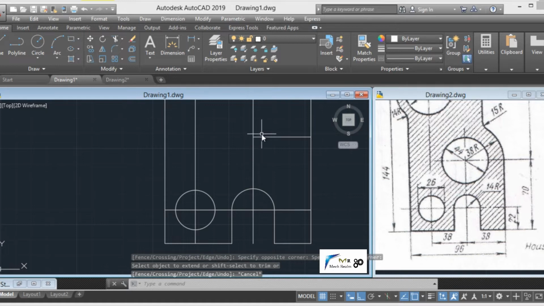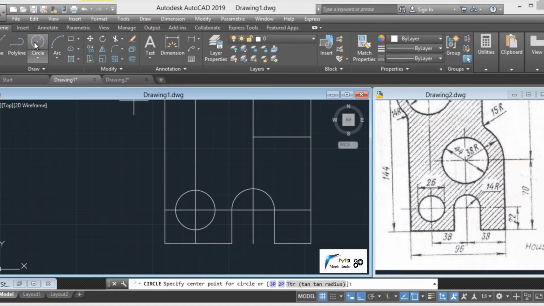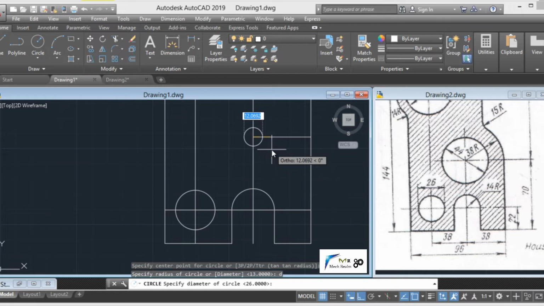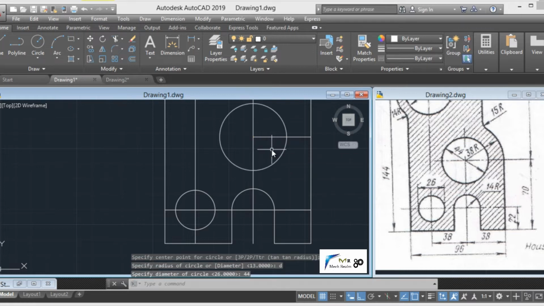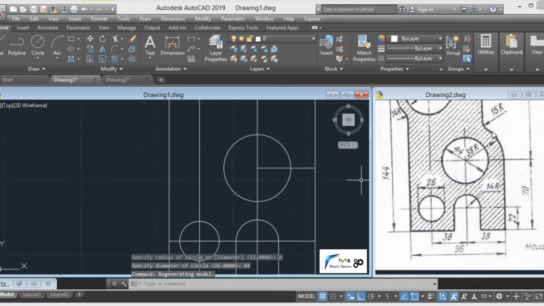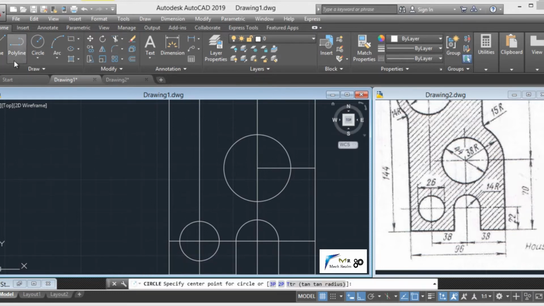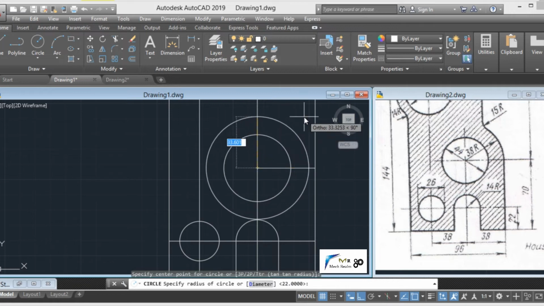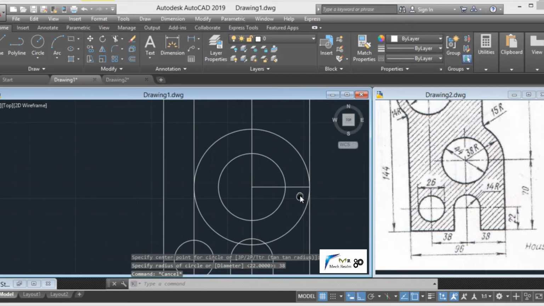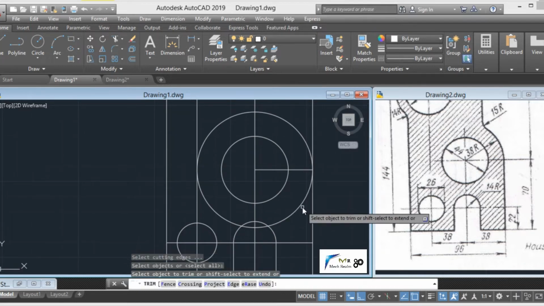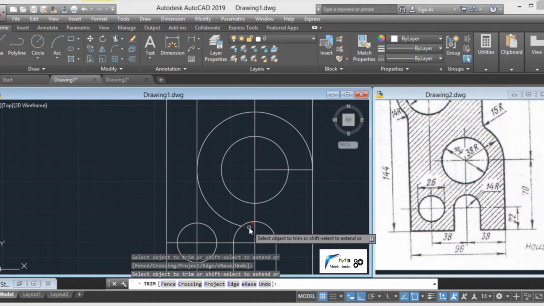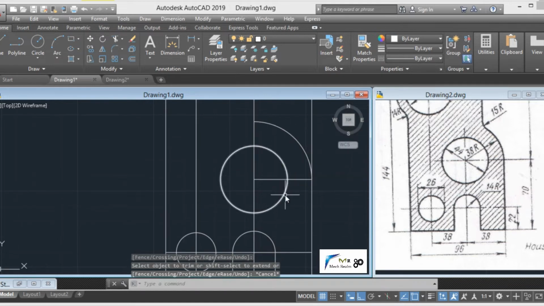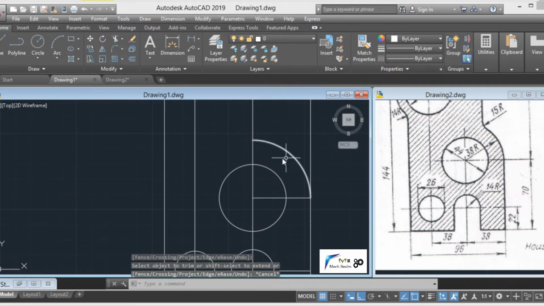Simply we have to select C, enter, or you can take circle from here. Now click on the center point, drag the mouse, take D, enter as diameter and type the diameter as 44 mm. Clear? Also the outer radius is of 38. So once again we have to select circle, click on the center point, drag the mouse and type the radius as 38 and press enter key. Clear? Now let us trim starting from the right one, first, second, third and fourth along with this one. Clear? We'll trim the remaining lines afterwards.